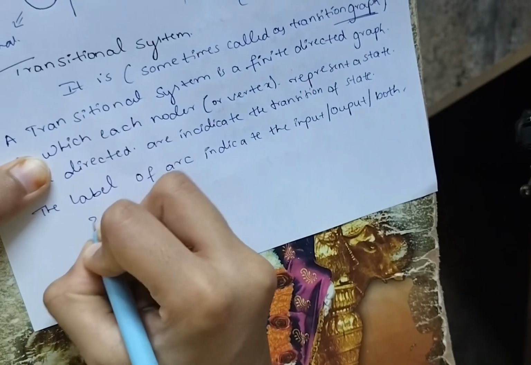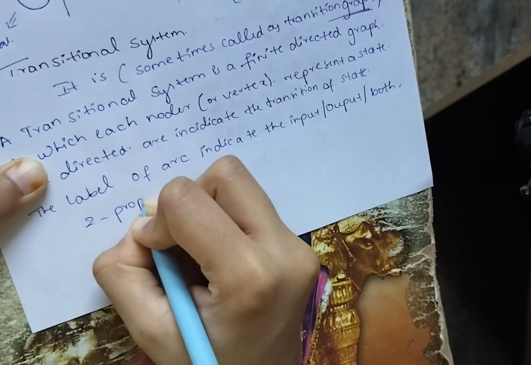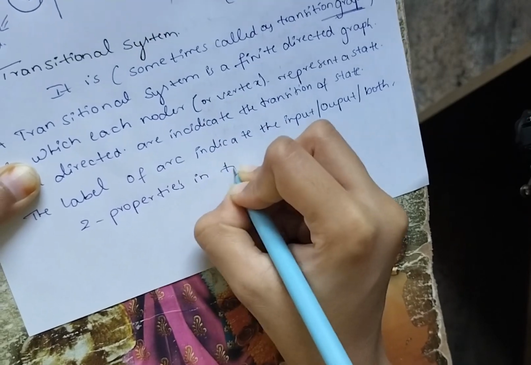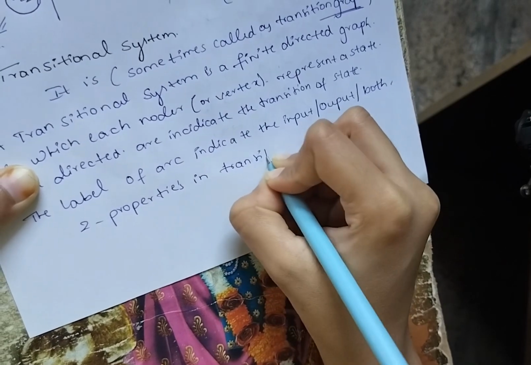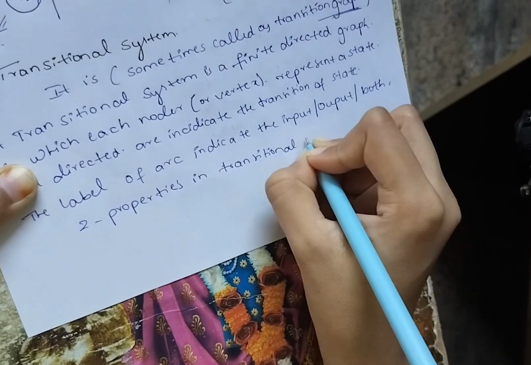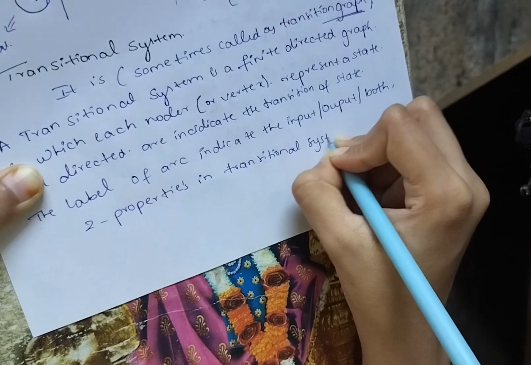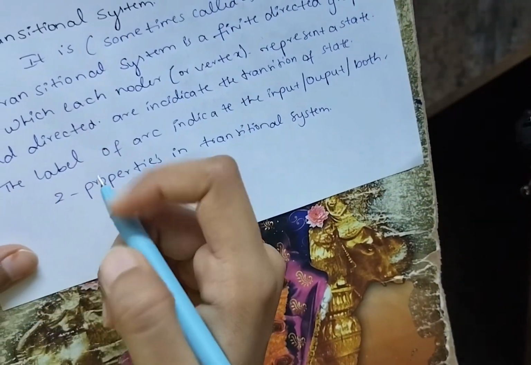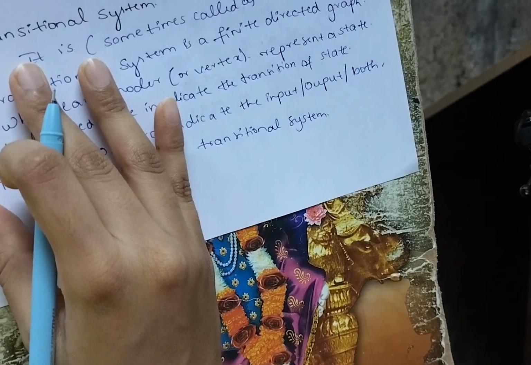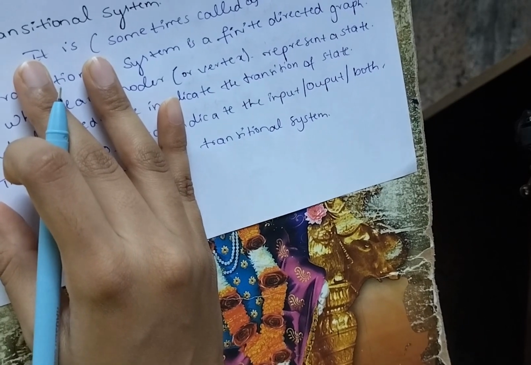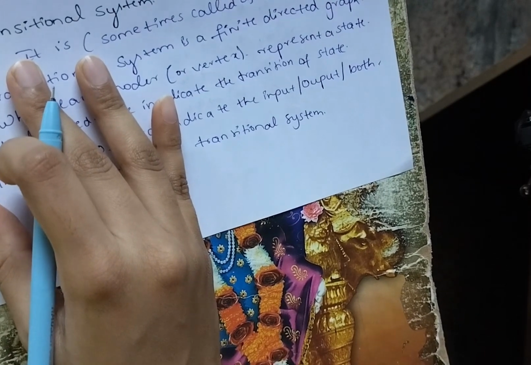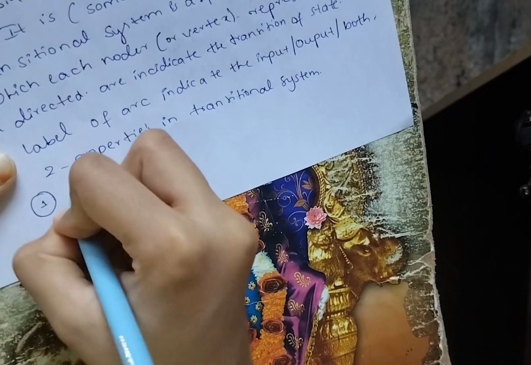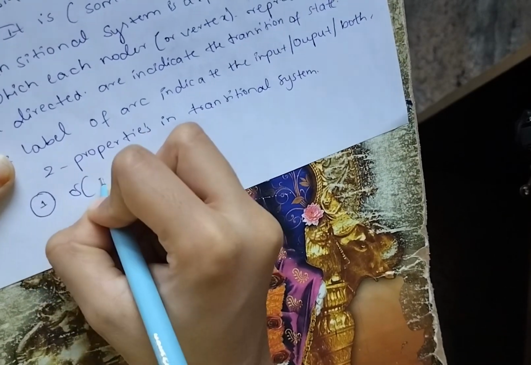So we have two properties in the transitional system. In the transitional system there are two properties, which also have the indications of the grammar. The first one is where delta tends to q comma